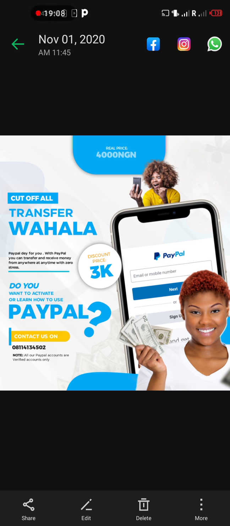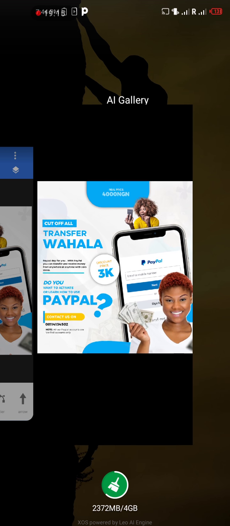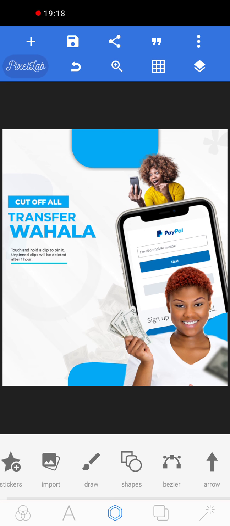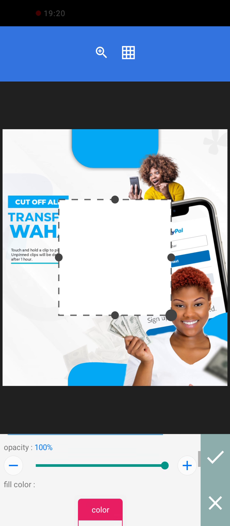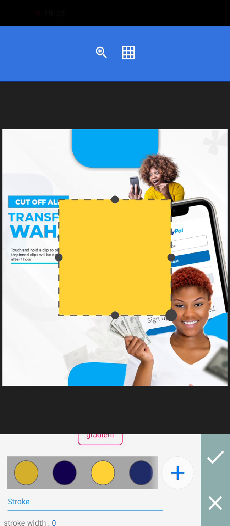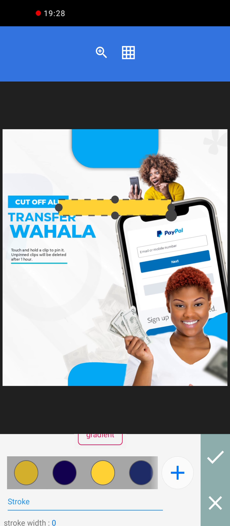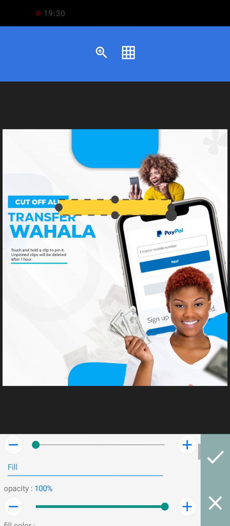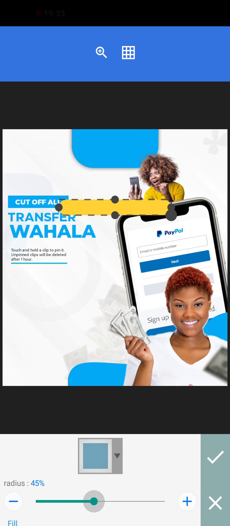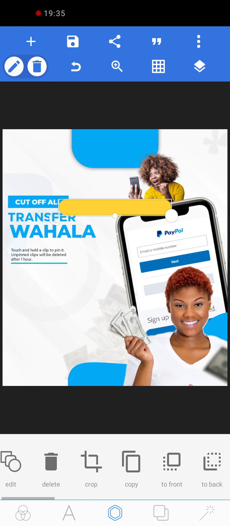So I'll just go straight to explain how I made this button where I put the contact us on, which after that button you can see the number below. I'll just quickly make that now. So what I did was I got a square as usual, made it yellow, then I reduced it like this, and then I made it circular. Like that. Then I brought this down here, reduced the size like that,